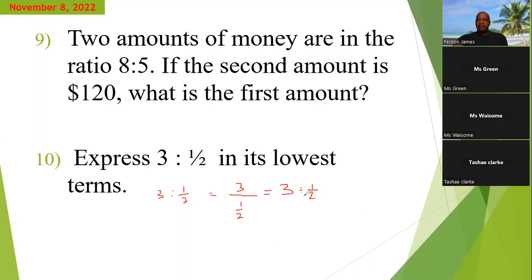If we're dividing by a fraction, there's a rule that says you change your division sign to multiplication and then invert the divisor. So the first term, the 3, we would rewrite. The division sign we would change to multiplication. And the divisor, the one that comes after the division sign, we would invert it, or flip it upside